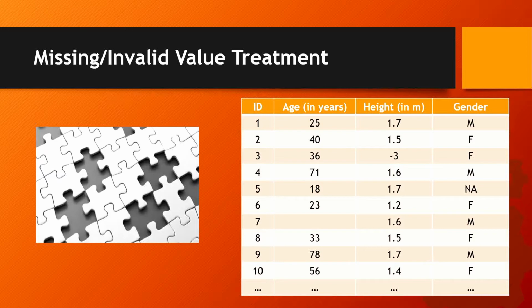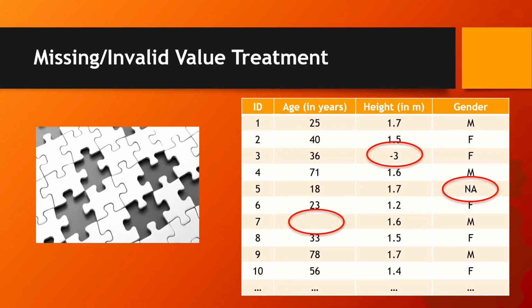In the dataset provided, in the first 10 observations, we see that there are 3 missing or invalid values. The first one is in the 7th observation and the column age, where we find that the value is completely missing as the field is blank. The second case is in the 3rd observation in the column height, where we see a negative value, which we know is not possible in a practical scenario, right? We know that the height of a person can never be negative. So this seems like an invalid value.